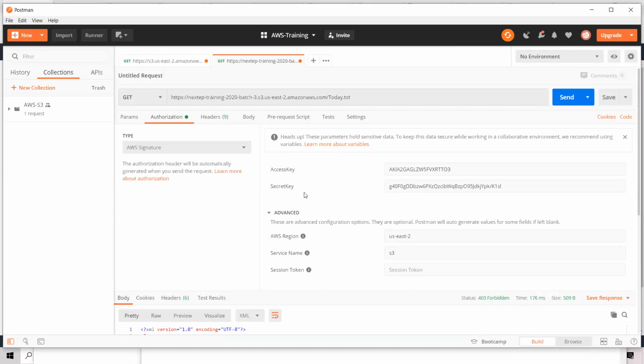If you are a human, you will have a user ID and password. If you are using programmatic access, there are two things, an industry standard, a typical pattern: an access key ID and a secret access key. These are the two combinations that you would need. So how will I get it?